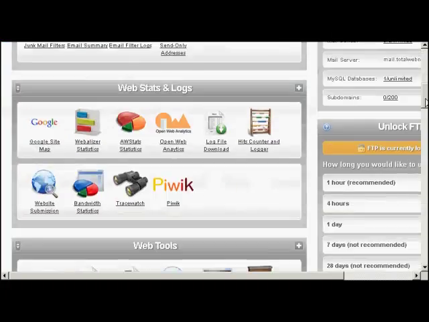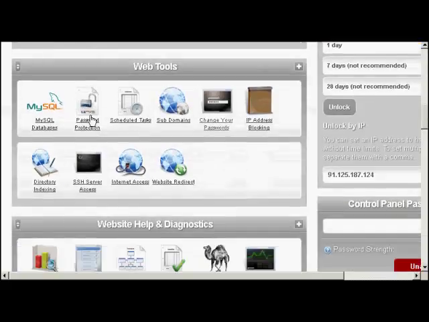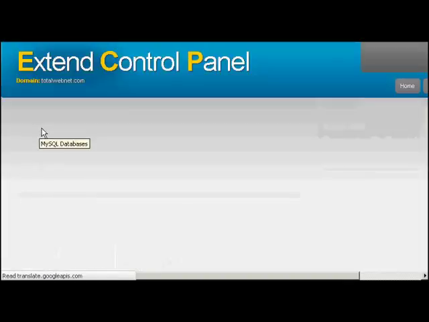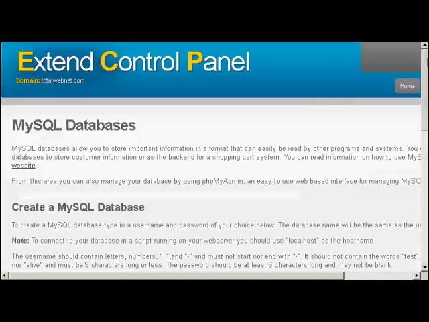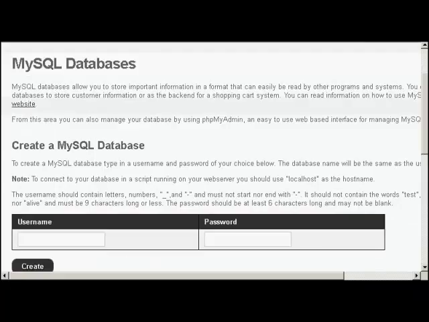If your web hosting package comes with the Extend control panel, then the process is a bit simpler. What you do is come down to where it says Web Tools, click here on MySQL Databases, and with this what it does is it creates a database which has the same name as the actual username. So the database name and the username are the same, all bar the front part which will be set by the hosting provider. So if I create a username that says Sam001